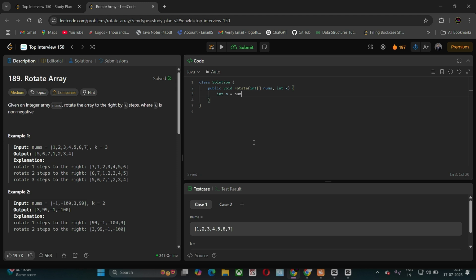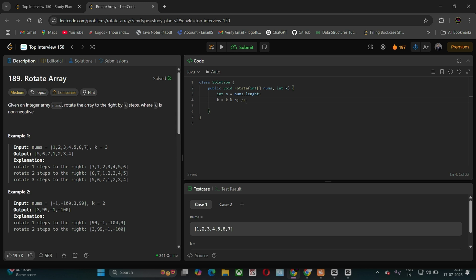Now we run a loop while start is less than end. We swap our elements. So int temp equals array of start, and array of start equals array of end. I hope you understand the swapping process.